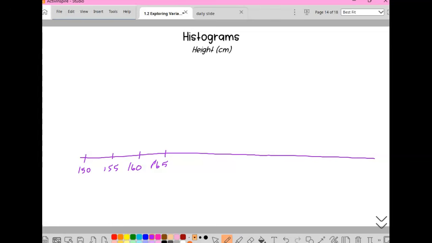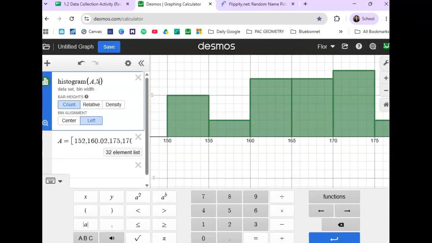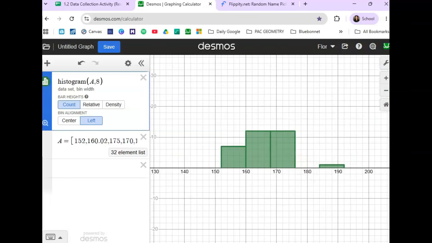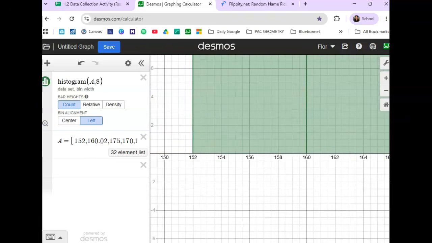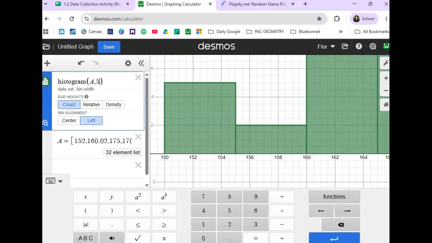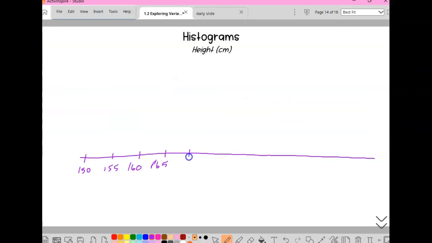Oh, really? Okay. Kayla said you see this is 8. We'll put them all together. You're more than welcome to change the bin width to whatever. Just know that you have to show that on your number line. I'm going to keep it as 5 just because I want to have it. Thank you, Kayla. It will matter whenever we have to analyze the histogram. Sometimes some bin widths are better than others to see the spread. But for today,